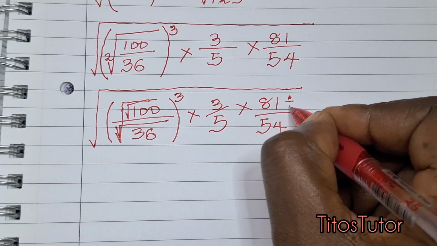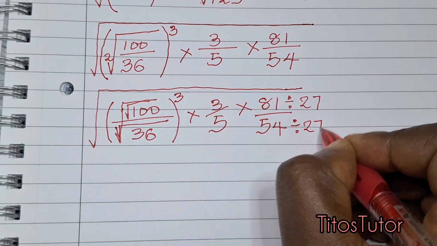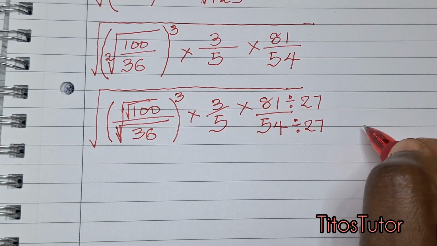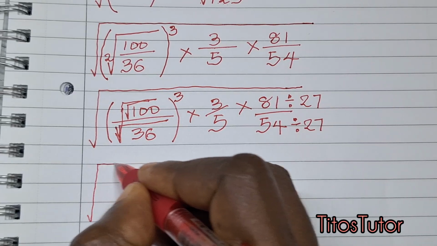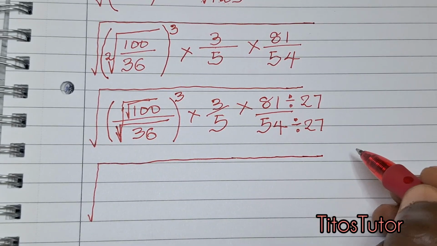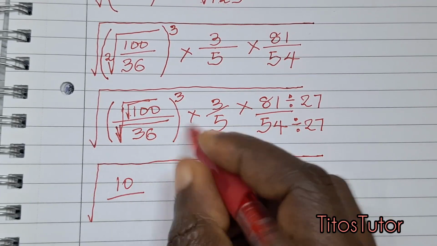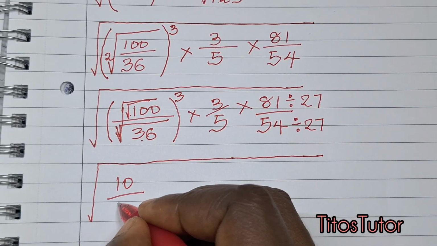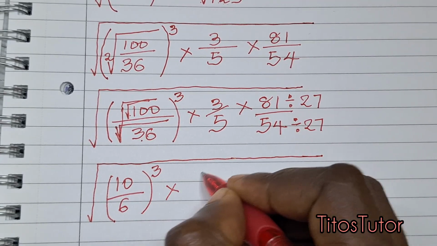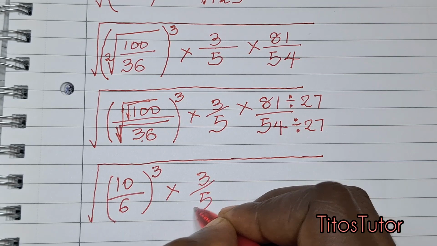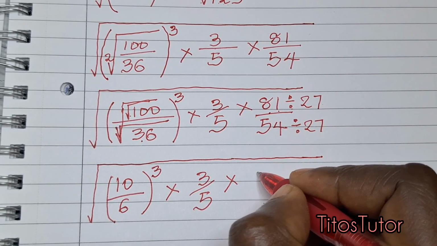So I realize that this can be divided by 27. This can also be divided by 27 to give me a smaller fraction. To further simplify this, don't forget your very long square root sign, and the square root of 100 is 10. The square root of 36 is 6. Just raise this to the power of 3, multiply by 3 over 5 times 81 divided by 27 is